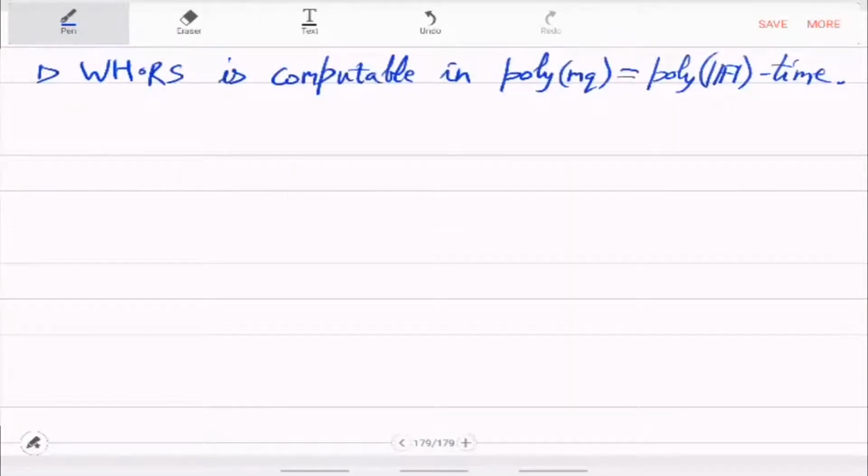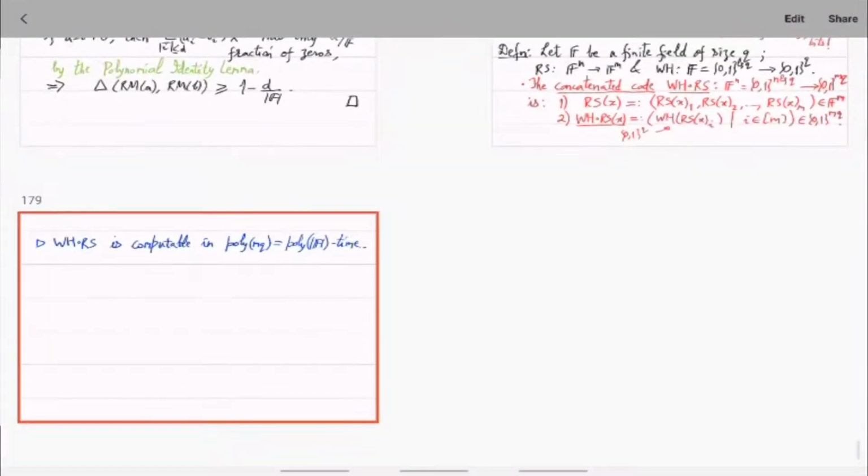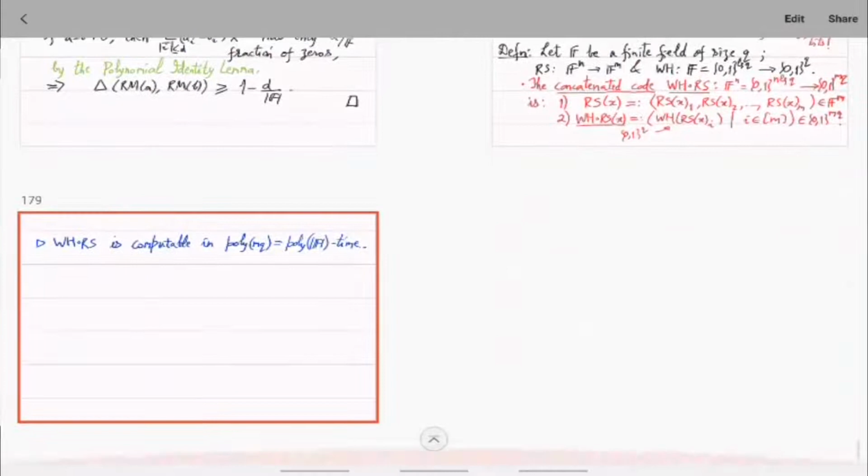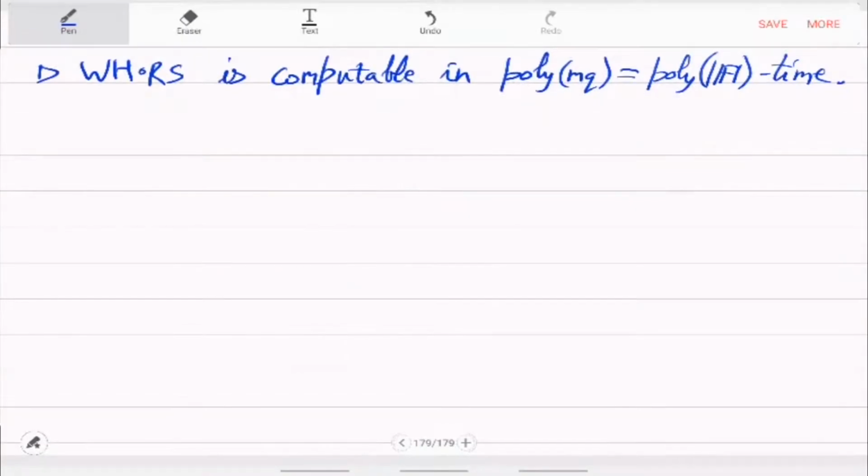Now, what is the distance? Right. So, last time we did lemma 3, which was distance for Reed-Muller. Let us now repeat a similar analysis for concatenated code. Let us call it lemma 4. So, Walsh-Hadamard Reed-Solomon is an error correcting code of distance